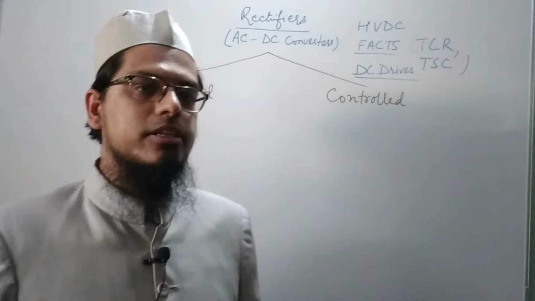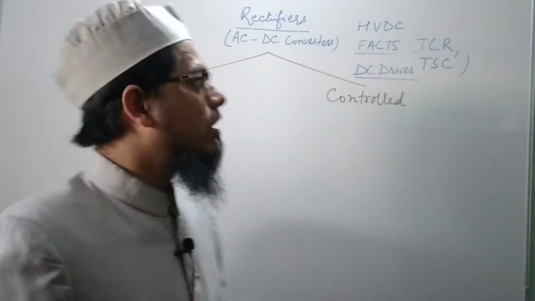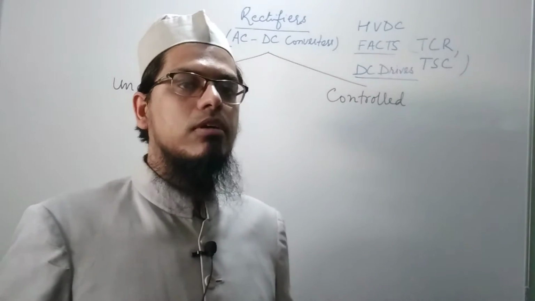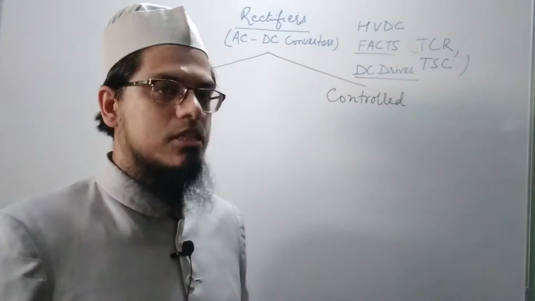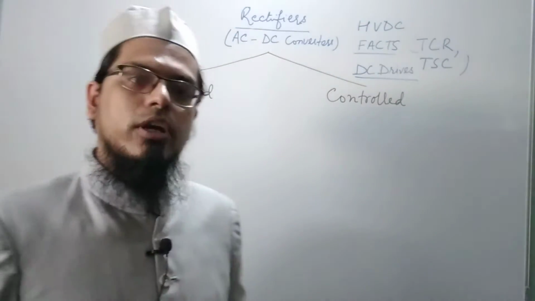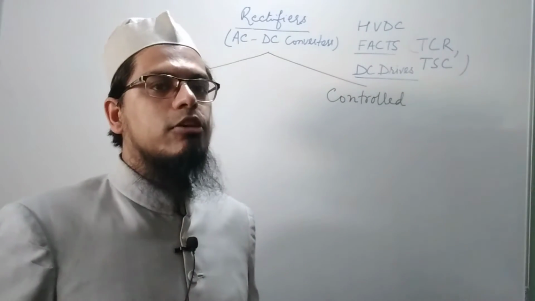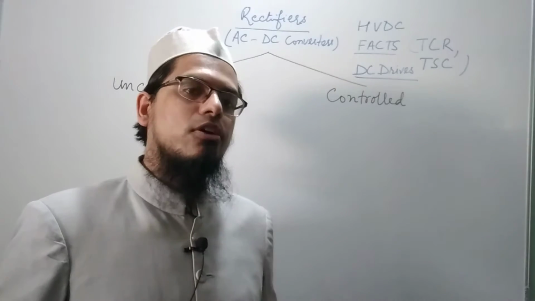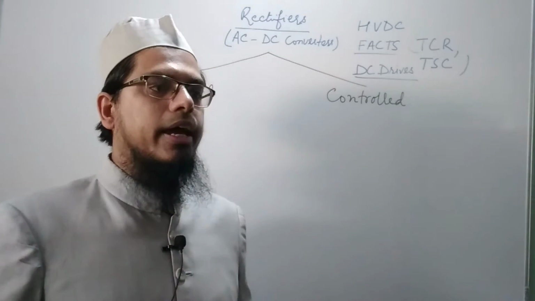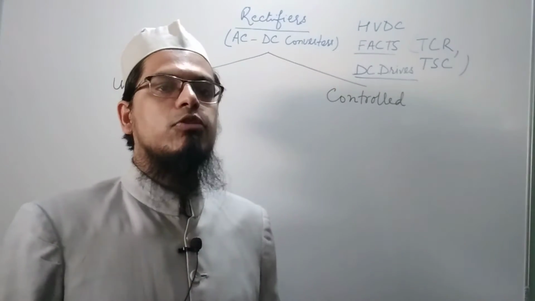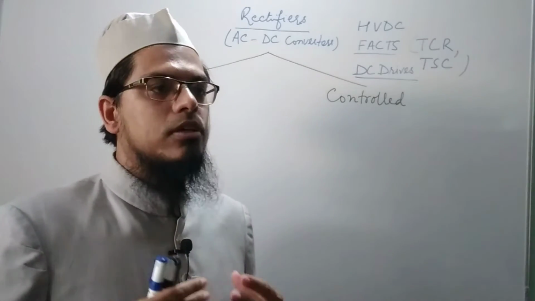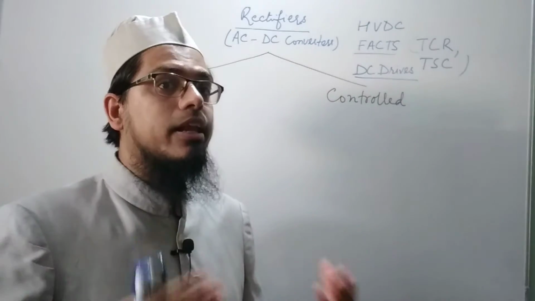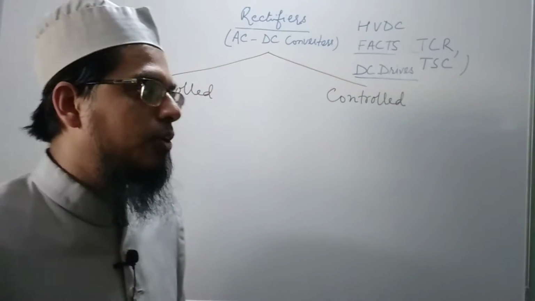In today's lecture, we would be looking into rectifiers, which are basically a type of power converters which convert AC voltage into a DC voltage. So in this short lecture, we would be seeing the basic classification of rectifiers, and in subsequent lectures we would be taking up each of the types of rectifiers in detail, and we would be analyzing them in detail.